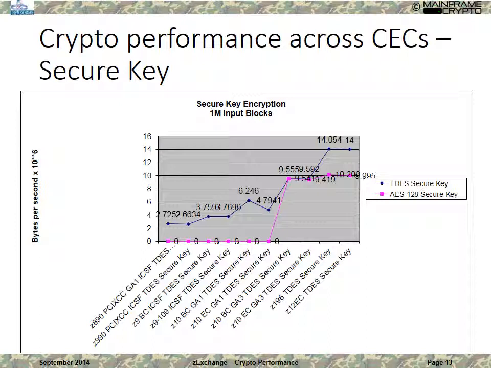I will point out that this chart does look at 1 meg input blocks, whereas the previous chart for the CPACF hardware did 64 byte input blocks. So it is a little bit different metric, but whichever one you compare, the newer technology is going to give you the better performance. On slide 14,